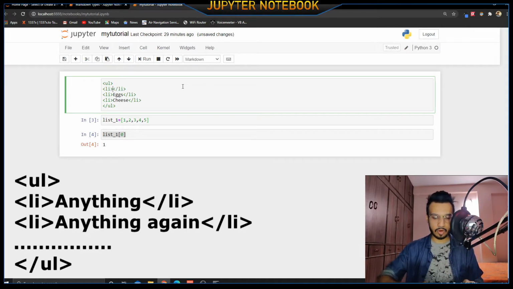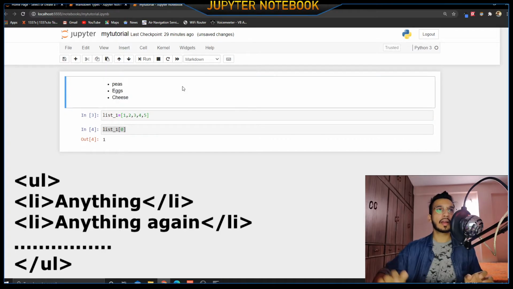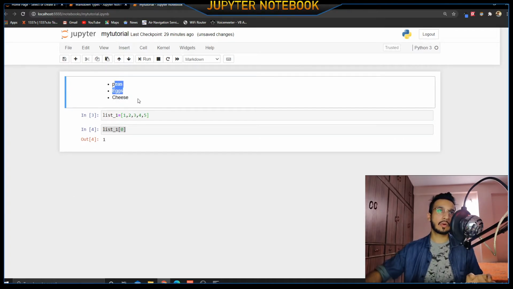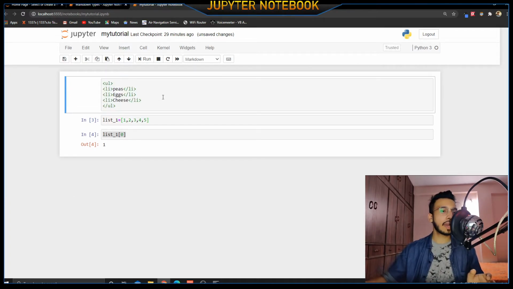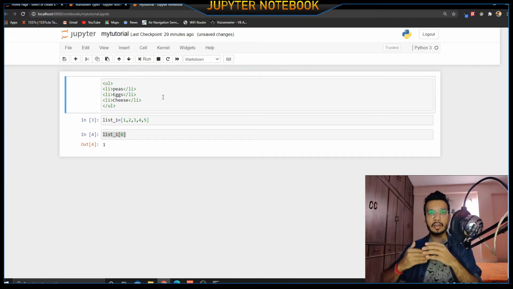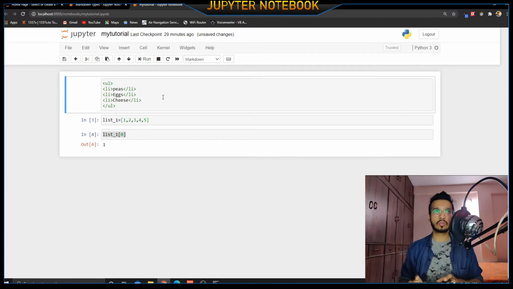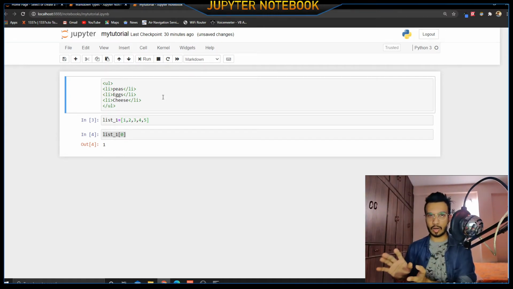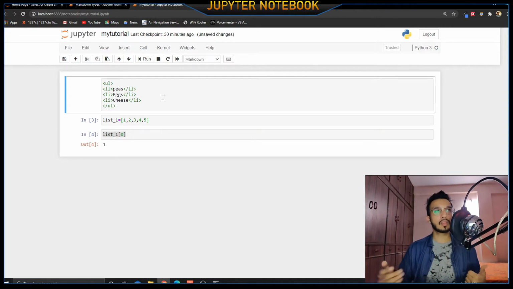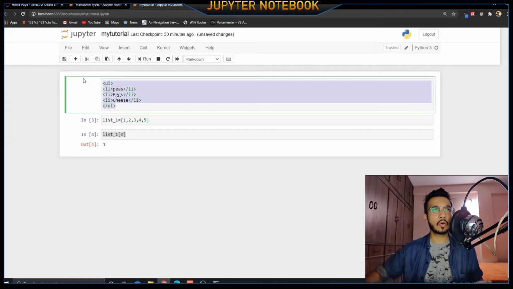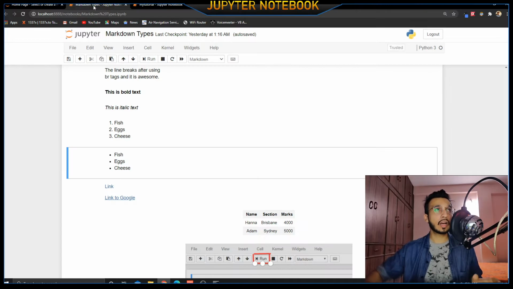For example, I want peas, and press enter, and it would show that I want peas and cheese. So basically you don't have numbers, but you will always have a dot that doesn't tell which one comes first or second, but these are the things that should be brought. The ordered list would tell you the priority of things, but the unordered list would just tell you that this stuff is required and this is all listed on it. Now this is how you can show your ordered list and the unordered list.